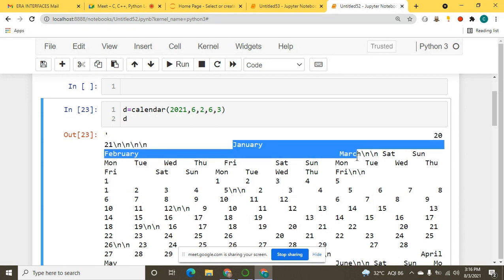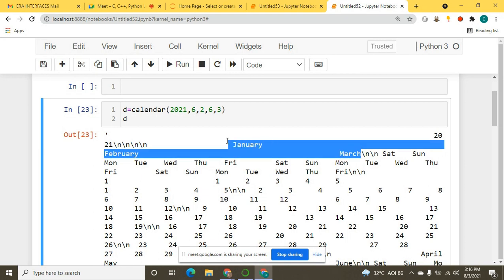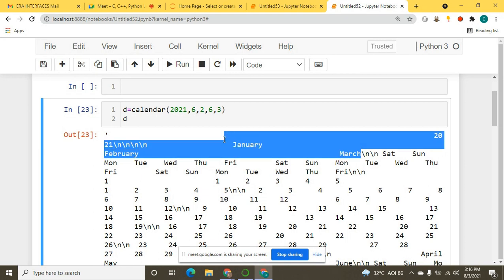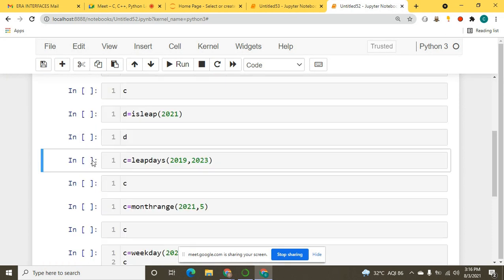This is not actually looking good, but I will let you know how it will look good. It does not look proper here. So for that, what can we do? I will let you know, but later. Okay, so what are we doing? We are simply executing our calendar. So how to get our calendar on the output? Simply by using these arguments, we can get the calendar on our screen.